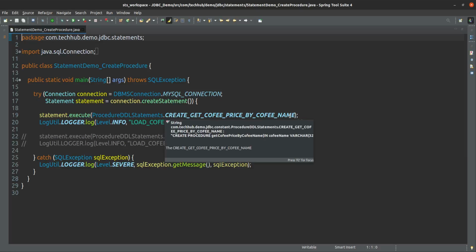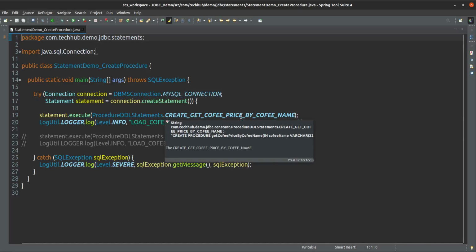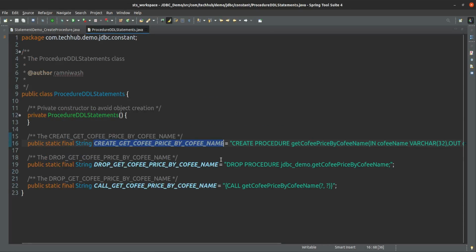So to avoid those 2 round trips, we can create a procedure in the database, and we send the request to that procedure only, and that procedure will do all these operations, and in one call, in one connection, you can finish your task instead of 2. So that is the use of a procedure. But the procedure we have written is a very simple procedure that will return the coffee price by coffee name. So let's see the code of this procedure.